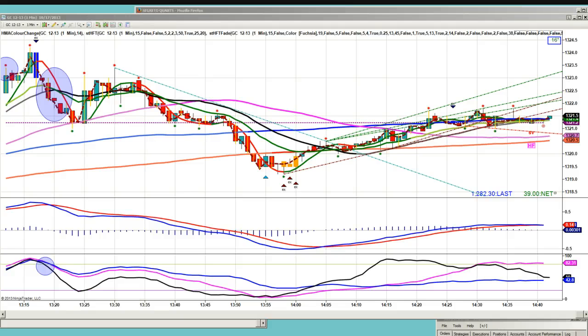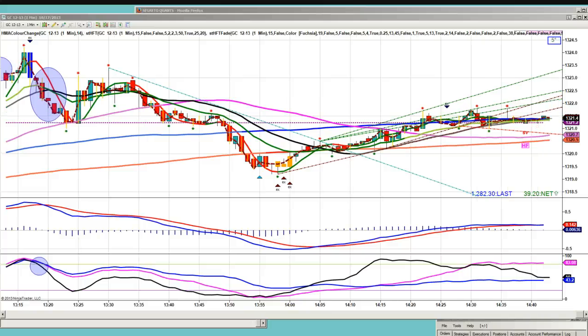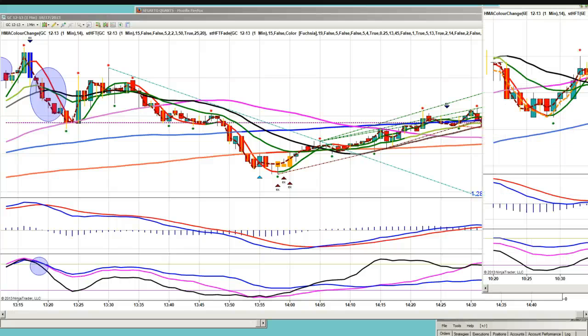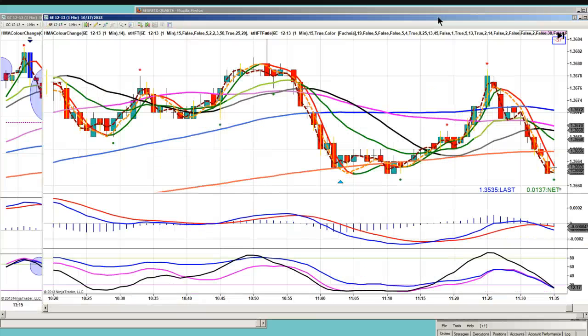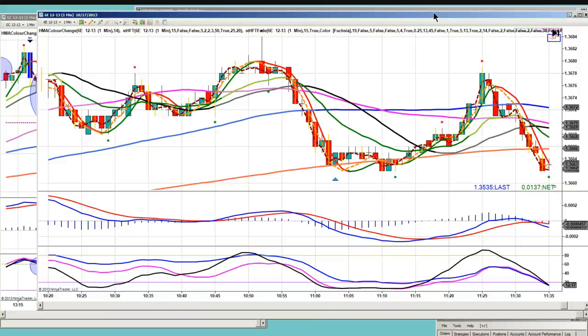Okay, so let's do one last thing really quickly, and then I'm going to switch to replay, and we're going to do some of these examples real time so that you guys can get some real visual on this. So here's a problem. Should we look at the flaws? Now that we've looked at what we're looking for, let's look at the flaws. Let's look at the fake outs. Where are you going to get faked out? Oh, let me do it this way first. And you're going to get faked out